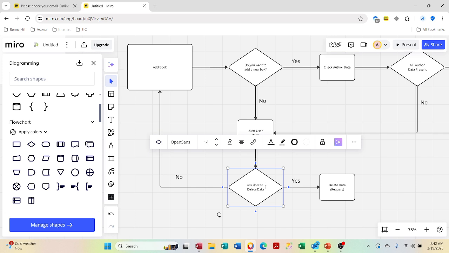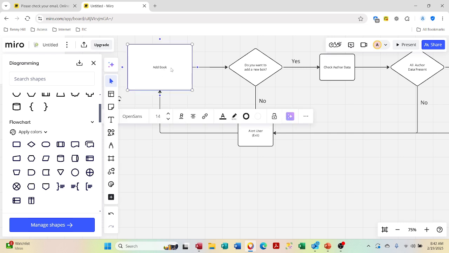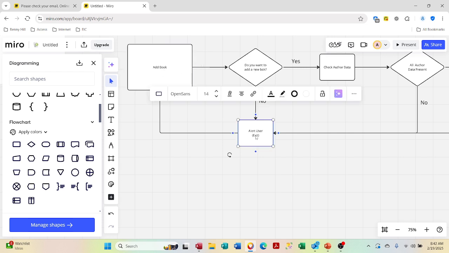Here, this will be, well, actually, let's get rid of this and this and this. We don't have a decision tree here in this bottom portion. But if the user says no, alerts the user, exits the process, and then that's going to come back up to here to our add a book. So in other words, we're going to be clicking a button. We're going to say here alerts user